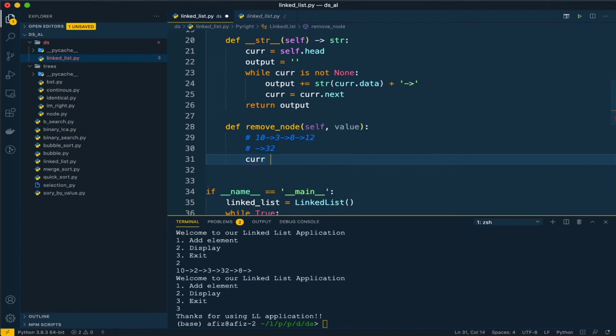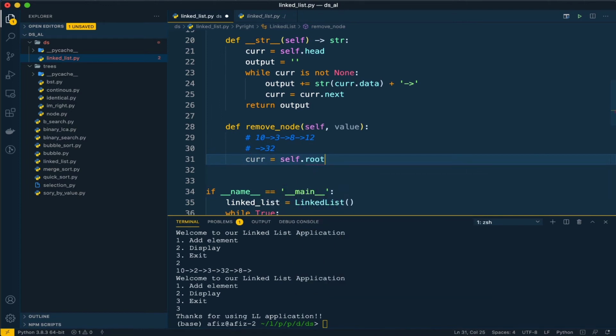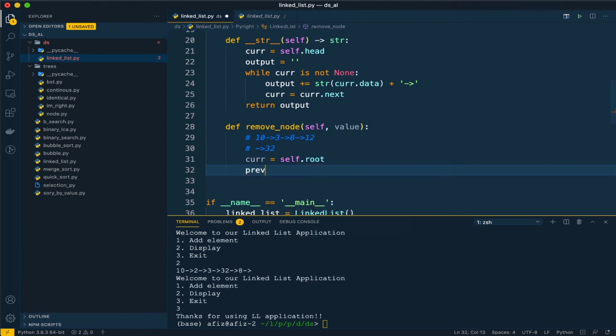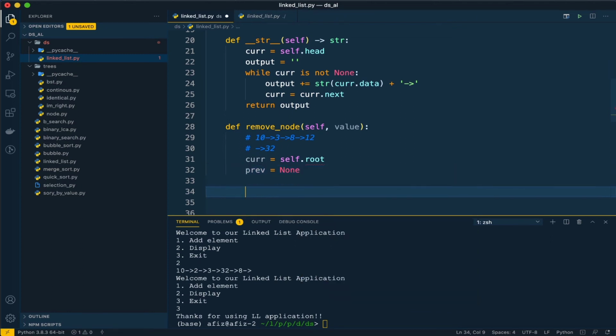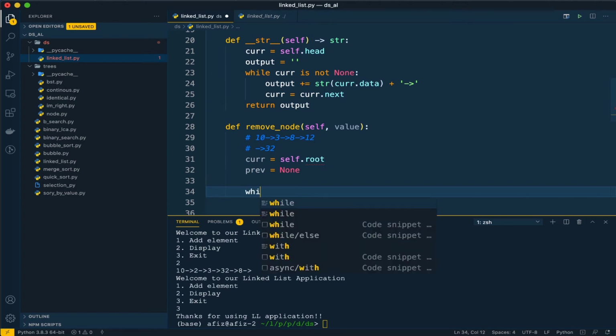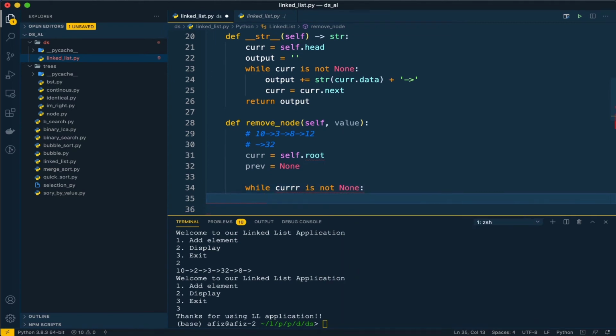First I will take a variable called current here, and that will be pointing to head. Initially, in the first step, the previous will be none. As I said, we need a mechanism to traverse from node number 1 to the last node, so I will have a while loop here: while current is not none, I want to traverse.